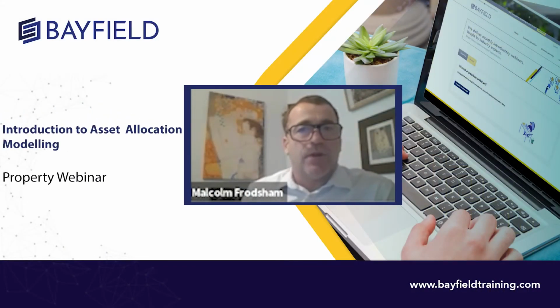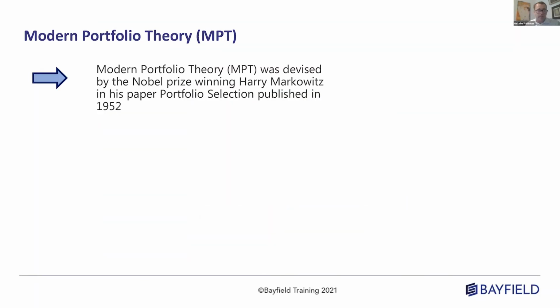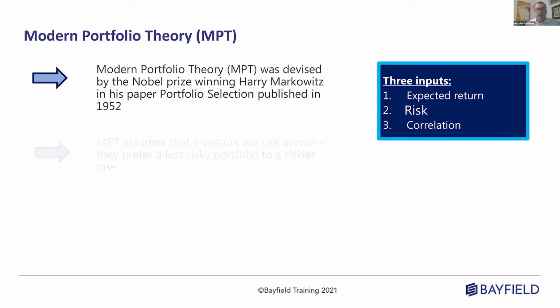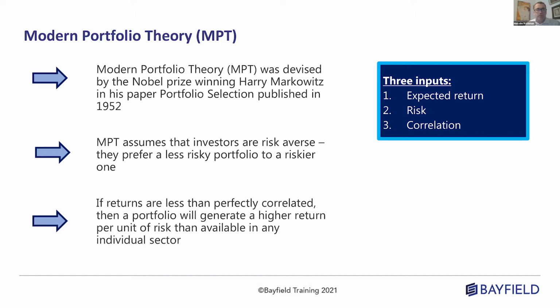So the fundamentals of asset allocation were laid out in the 1950s by Harry Markowitz, and it's known as modern portfolio theory. So modern becoming a little bit ironic. As you can see, the number 2 point there is that MPT does assume that investors are risk averse. So that harks back to our investment objective. We should be defining the level of return that we want and the level of risk we are prepared to take. So modern portfolio theory fits in with that very nicely.